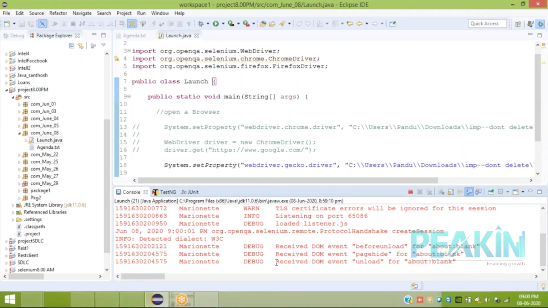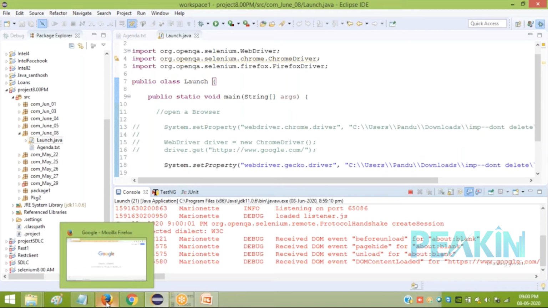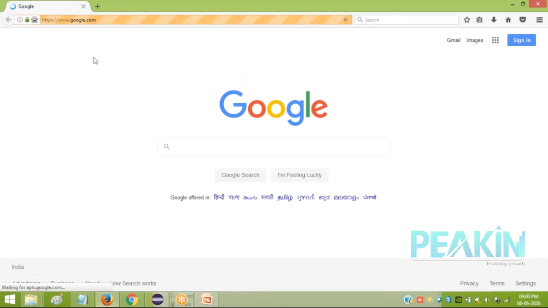If you don't have the actual browser, you can't automate on it. I think it's opened here. Yeah, it's open. See, Google on Firefox.